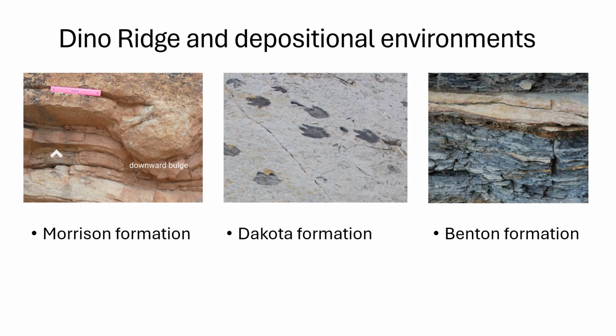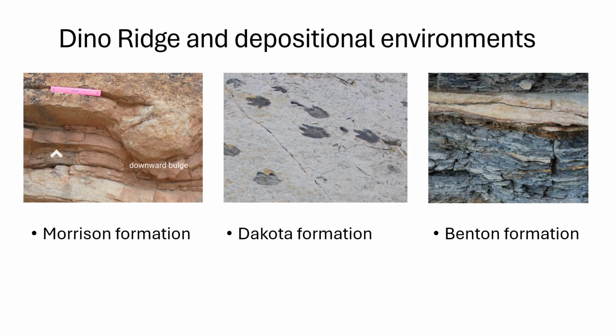We saw a number of different Mesozoic environments. So the Mesozoic is the time of the dinosaurs. The Morrison Formation was this kind of yellowy, red colored sandstone from about 150 million years ago, so the Jurassic. There were different sandstone lenses that showed us channel migration, indicating that this was a floodplain environment, that there was a river here. We saw some cool fossils, including fossilized footprints or bulges from dinosaurs walking over this